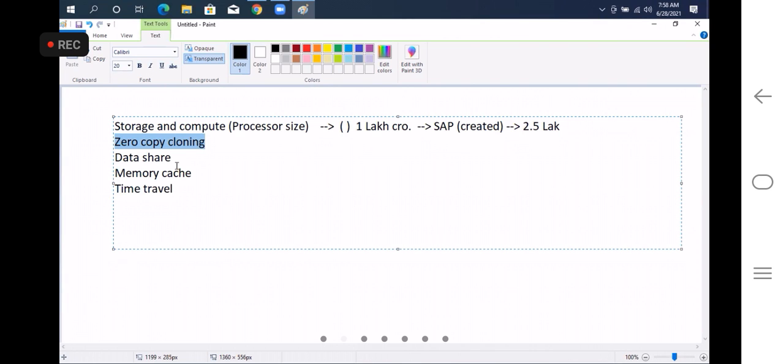And data sharing. If a person having access wants to share data from one account to another account, it is easy for a Snowflake developer or Snowflake admin. They can share the data from one account to another account in Snowflake. For other databases,